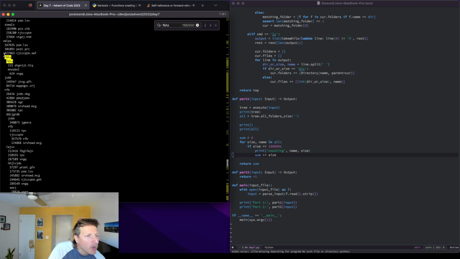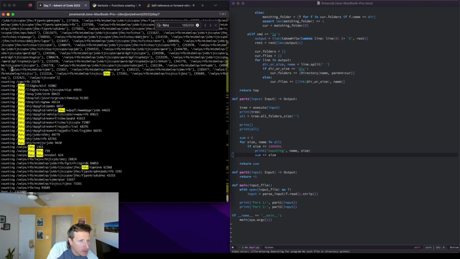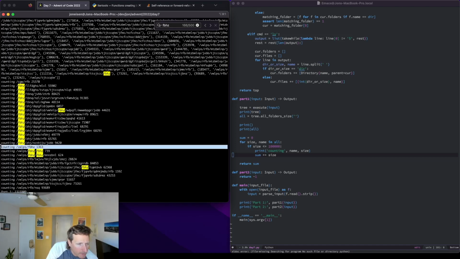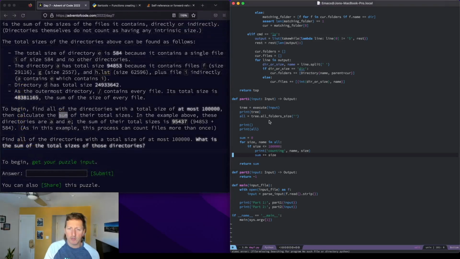Yeah, so I wonder why FBHC here isn't being counted twice. Well, it is, but it's size 1363. Why is that? Because I think it should be 739, right? So let me just do